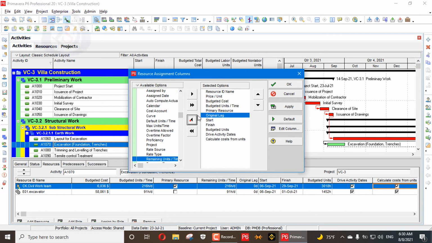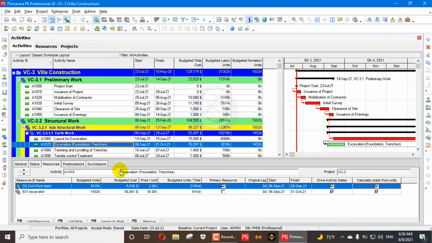I will remove this one and move this one there. That's easy to understand. So budgeted units multiplied by price per unit will give the budgeted cost. So these three are related. Calculate cost from units is directly linked with this, so we calculate the cost by multiplying these.